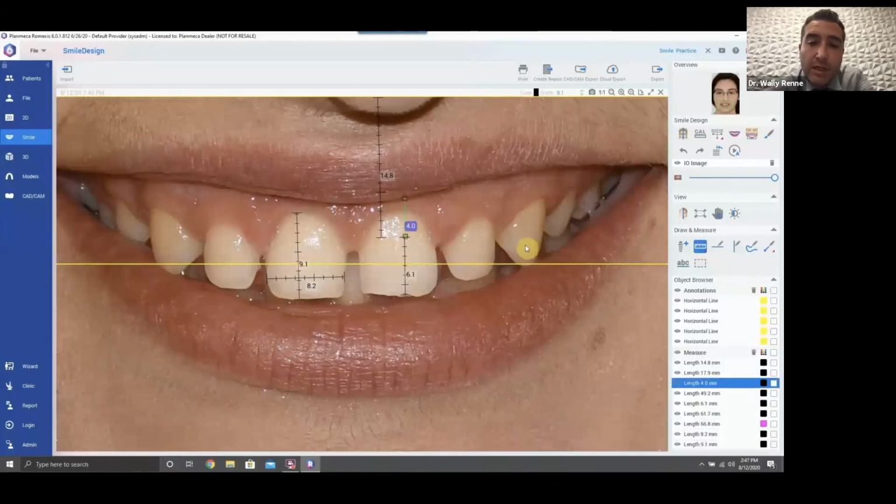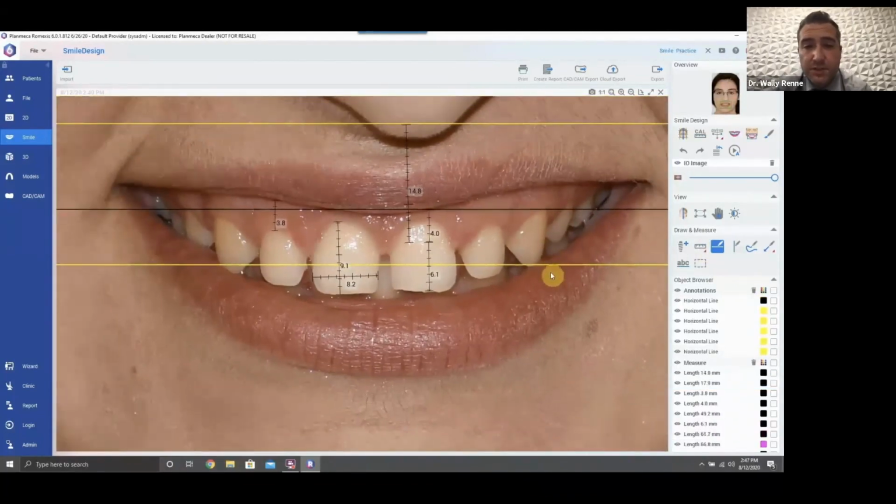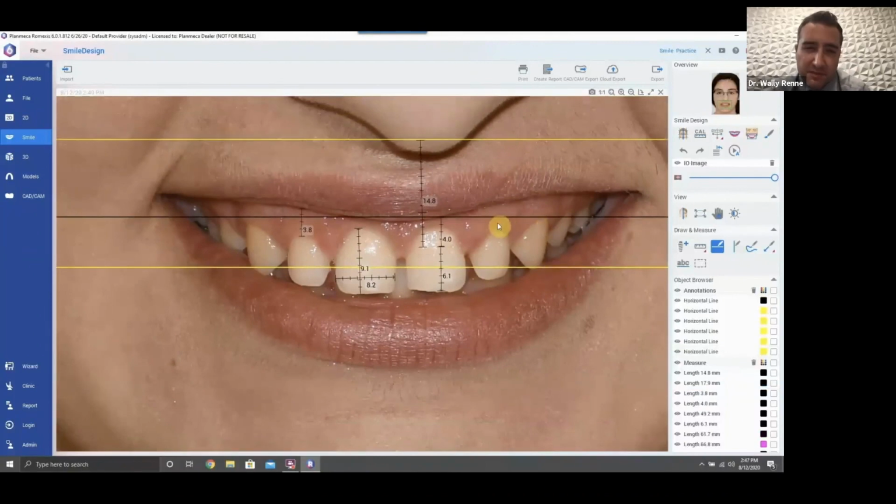Let's figure this out. Lip movement. So we go from the old inferior border of the lip to now the new inferior border of the lip, and we see that lip moved up 4 millimeters from repose to smile. Typical lip movement is about 6 millimeters, so it's actually a good thing that her lip's not moving up that much. Soft tissue exposure, 3.8. You know, you kind of want a maximum of 2-ish soft tissue exposure. It could be a little bit more on the lateral, so we could get 3, but 3.8 is a little